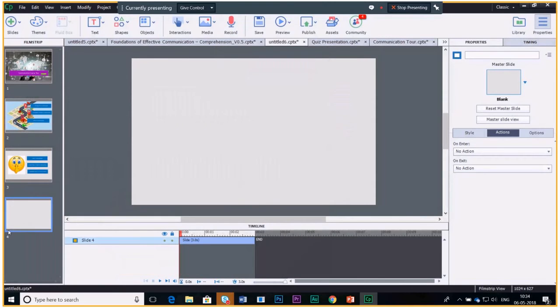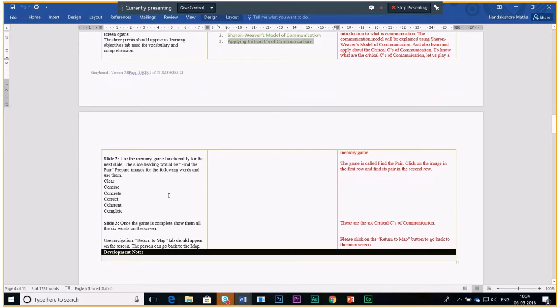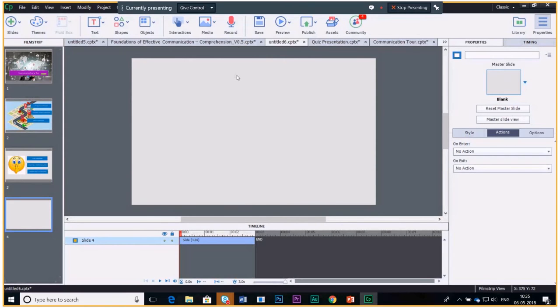I'm moving to the next slide. Here it's showing the memory game functionality. The IDE asked me to create a slide, a game here for learning, understanding and all. So I missed the learning interaction part